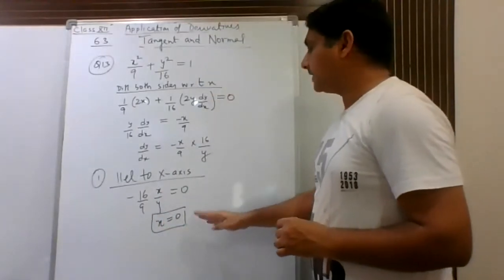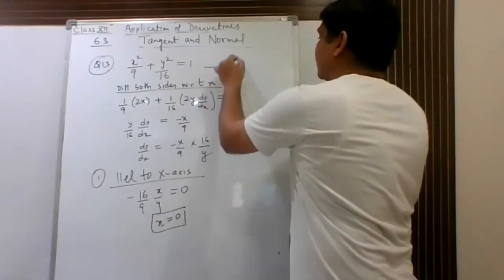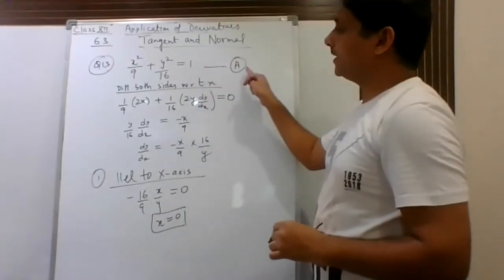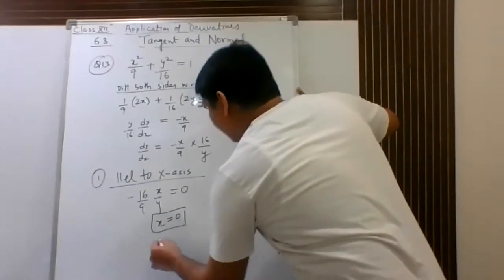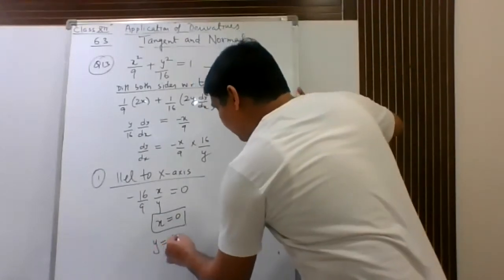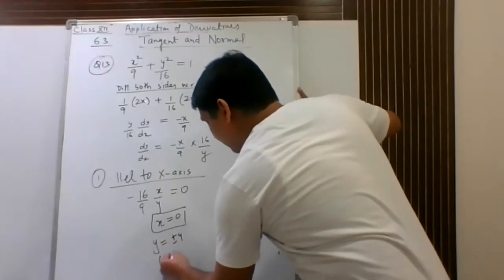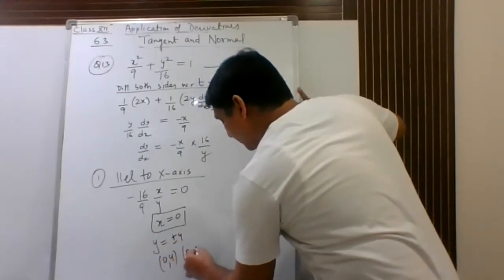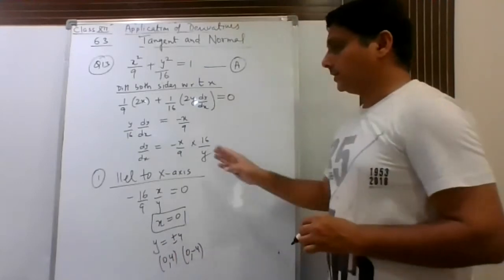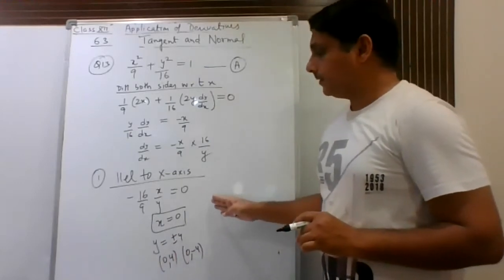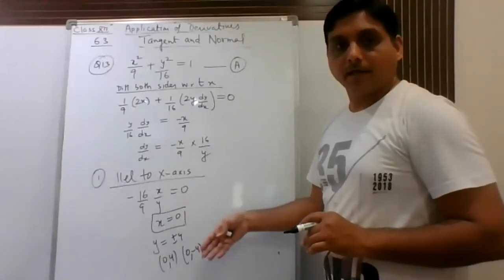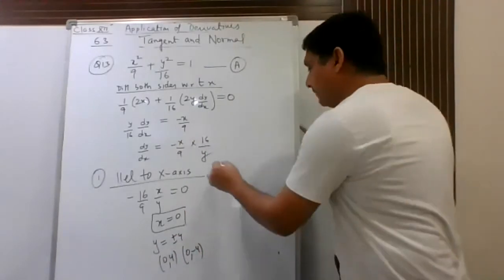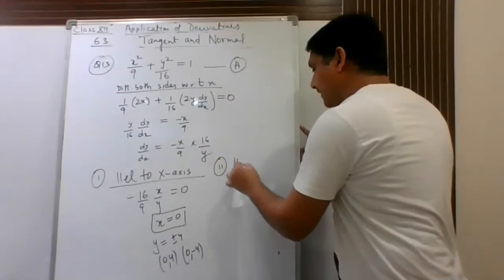Now put the value of x in equation (a). When you put the value, you can see that y will be equal to plus minus 4. That means your required points are (0, 4) and (0, -4). So this is how we can find the points where the tangent is parallel to x-axis. Now similarly in the second part, it is given parallel to